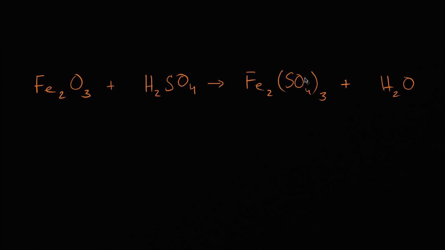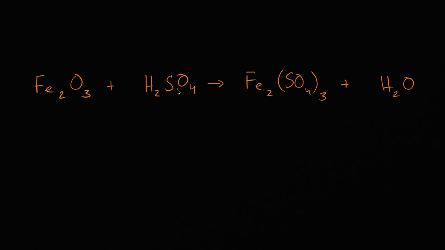Then you have 4 oxygens in the sulfate group here, but you have 3 sulfate groups. So this is 12 oxygens here, and then you have another oxygen here. This seems really confusing, especially with all the sulfate group business. And the key here is to appreciate that the sulfate group is kind of staying together. You can kind of treat it